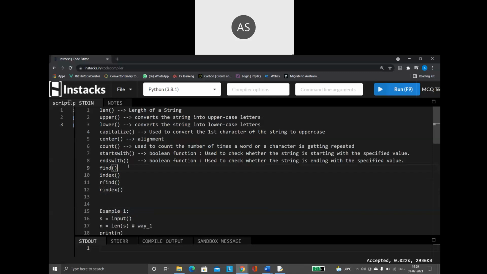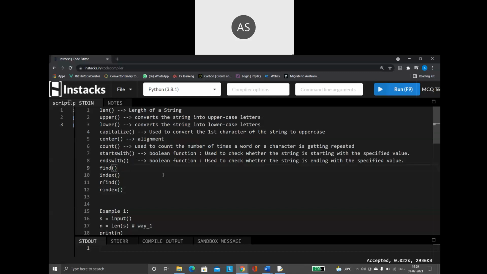So the functions are the find function, index function, rfind, rindex. All these four functions are one way or the other related to each other. They are connected with each other. Let us see how it is going to work.